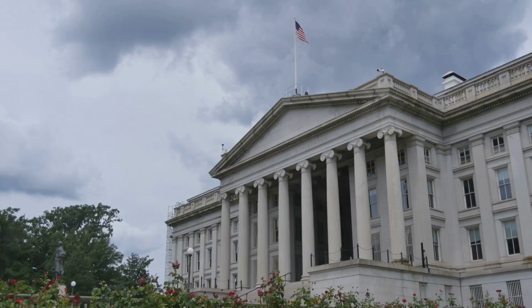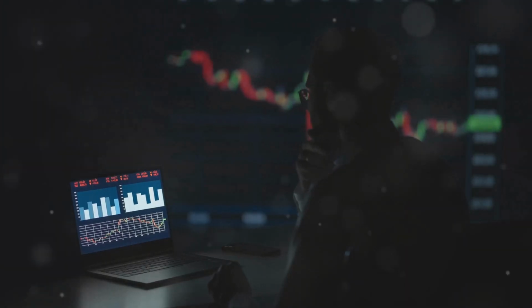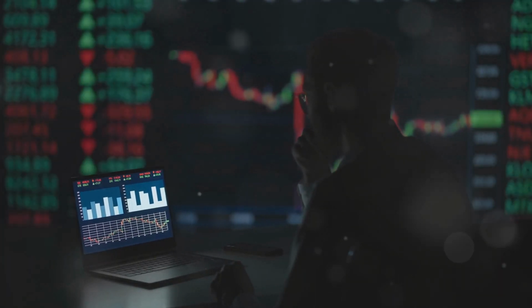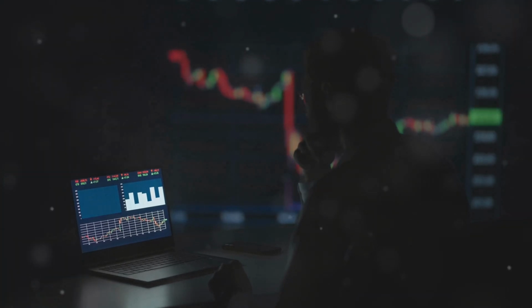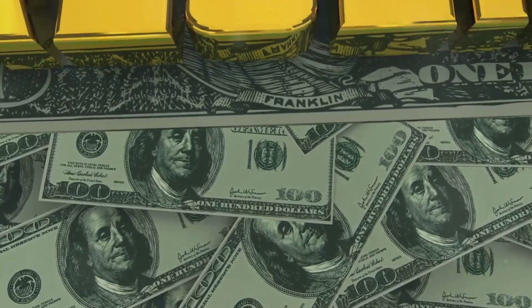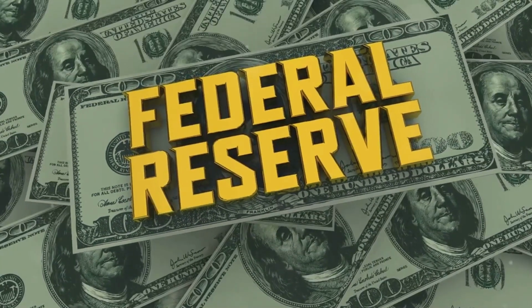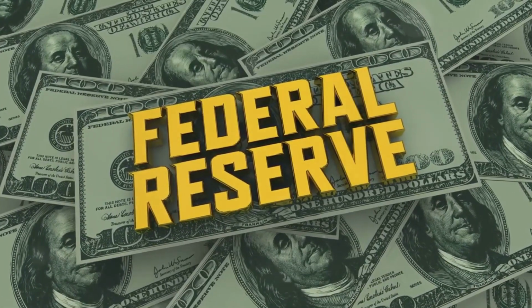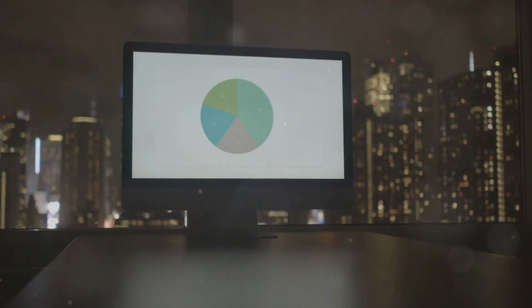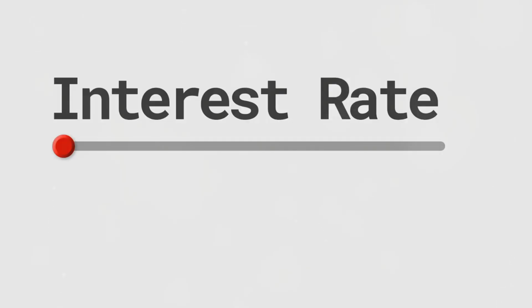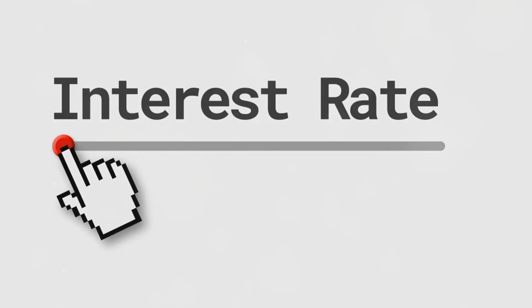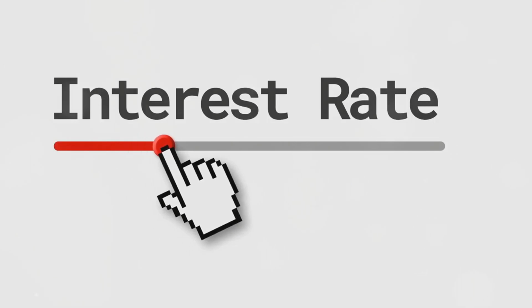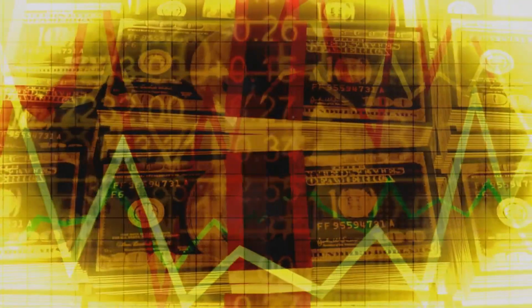The theory behind interest rate policies. Interest rates and monetary policy. Monetary policy involves managing the money supply and interest rates to influence economic activity. The central bank, such as the Federal Reserve in the United States, adjusts interest rates to control economic growth, inflation, and employment levels. The transmission mechanism. The process by which changes in the central bank's interest rates affect the economy's broader conditions is known as the transmission mechanism. It includes various channels like